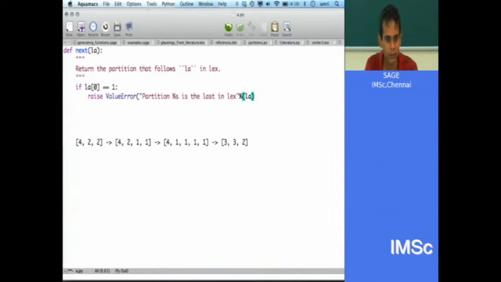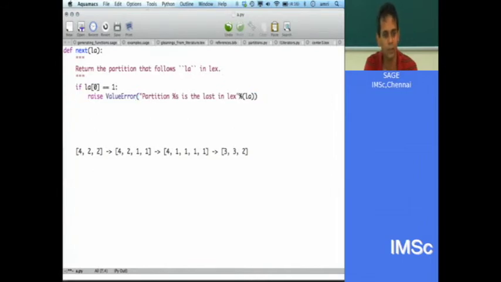Is that how it works? Okay, so that should raise a value error, and otherwise we should look for the